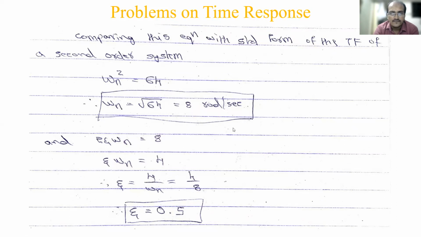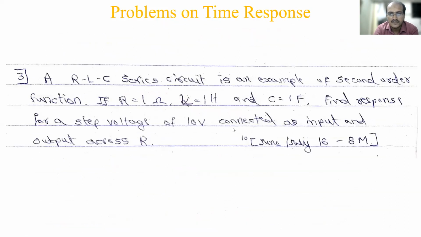Let's see the third question. It is an electrical system now. In the first question you saw a block diagram. In the second question, a servo system, some electrical application. Now this is an electronic application, an RLC series circuit. Just read the question and get some idea of how the transfer function looks. I will give you 30 seconds to read it. If you have pen and paper, you can roughly start doing the calculation too. It is good.